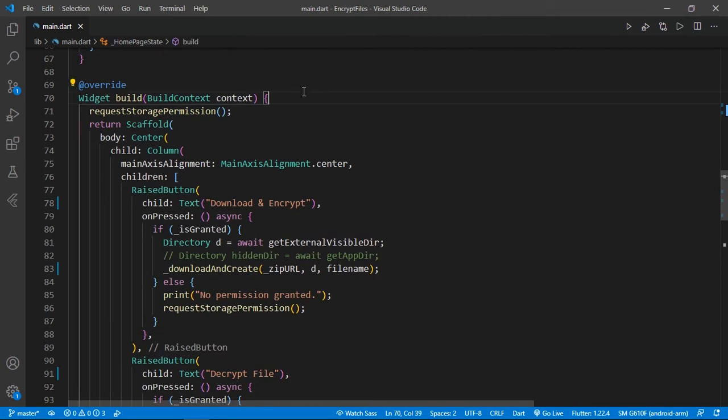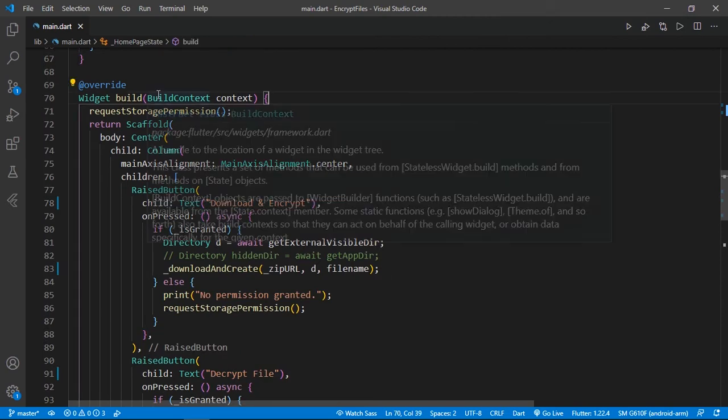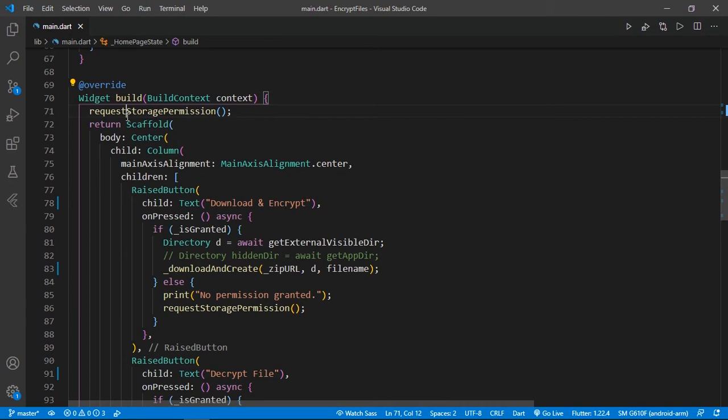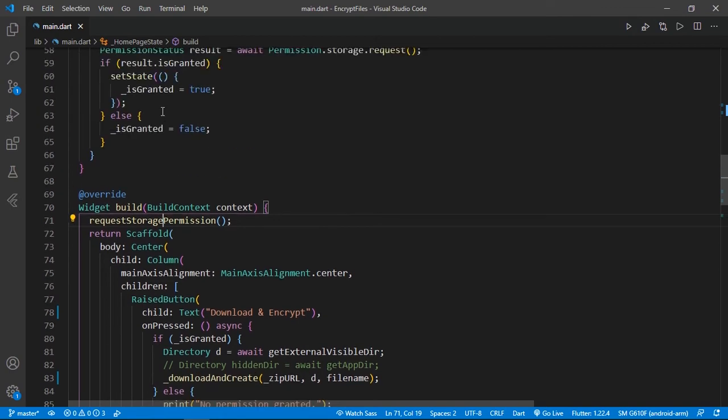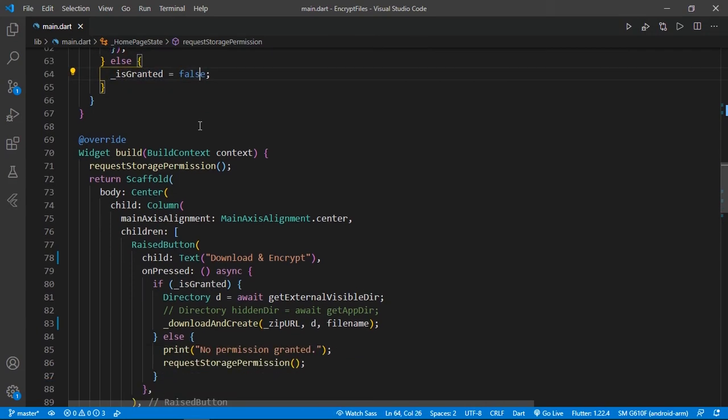Now this is our next step to build our application. This is our build widget, and in this I use a Scaffold. But before that, when we build our activity, we will ask for request permission. If it is granted, it will set the isGranted variable to true. Otherwise it will store a false value.